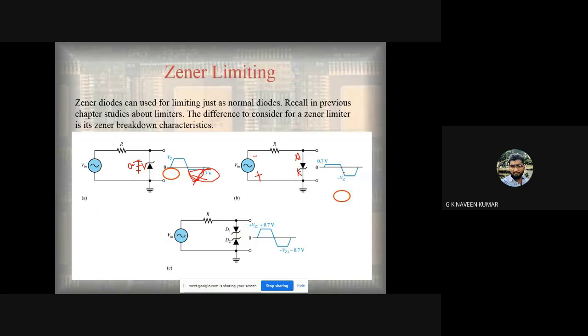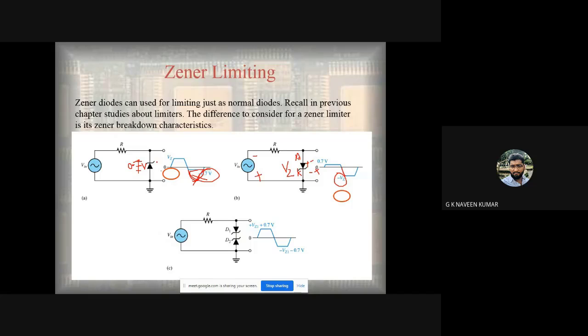With reverse bias, what happens? Up to Vz, the voltage just follows the input waveform. Once the breakdown occurs, then the constant voltage of Vz appears across the diode. As this is plus and this is minus, the reverse voltage will appear like minus and plus. Hence it is minus Vz instead of plus Vz.